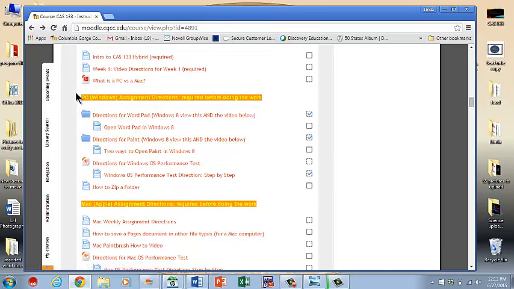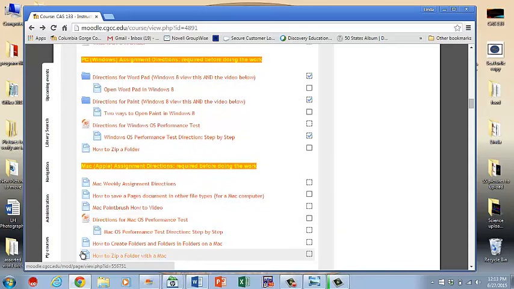Then we're going to have basically a PC section and a Mac section. Any week where there are big differences between what you would do with a Windows PC computer and a Mac computer or Apple computer, I will have the two sections. Some weeks that won't be the case and there won't be two sections. Everybody will use the same materials. This week is one of those split weeks. So I'm going to do PC directions first. Mac users, keep listening. I'll come to your directions shortly.